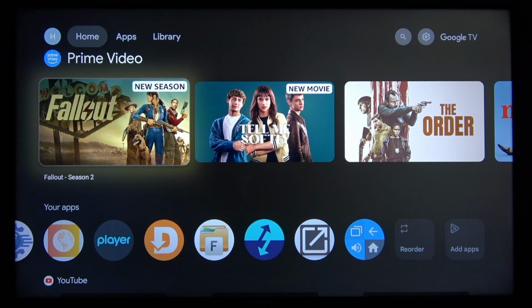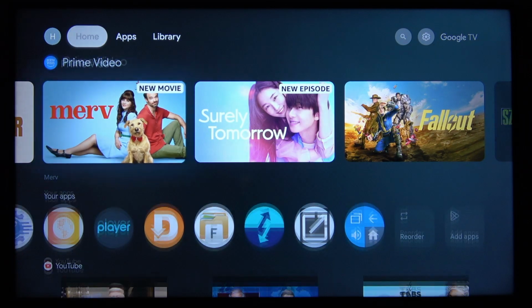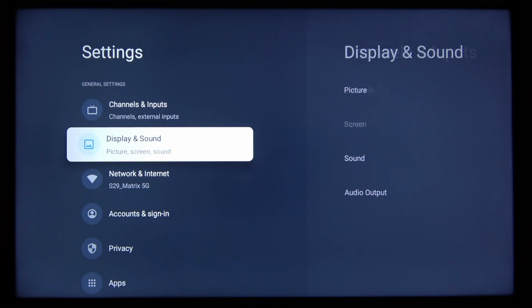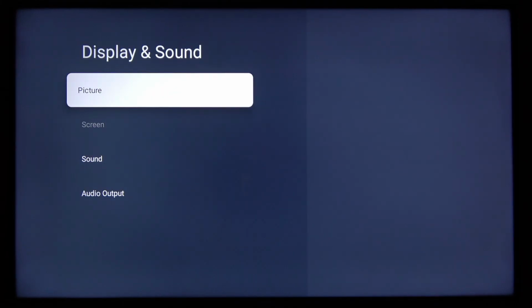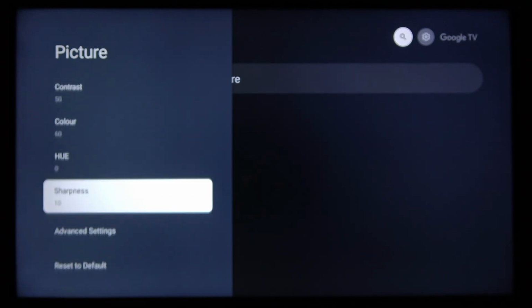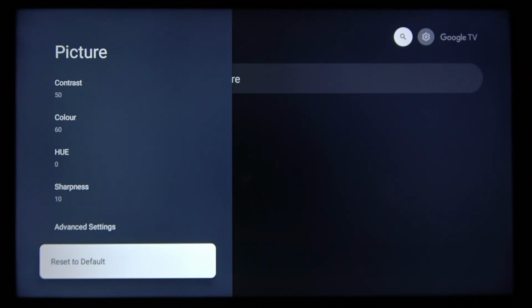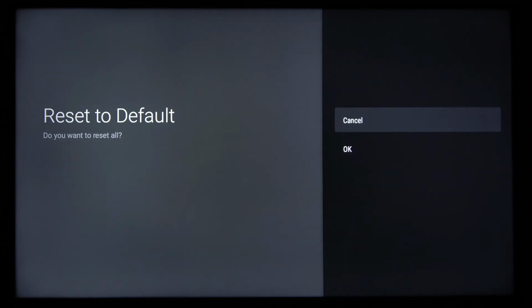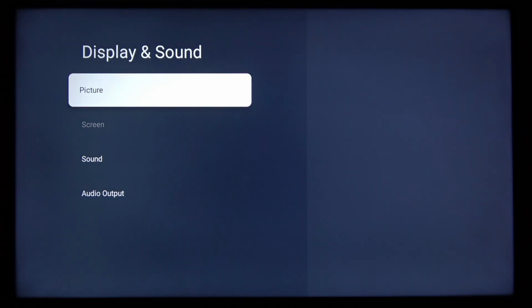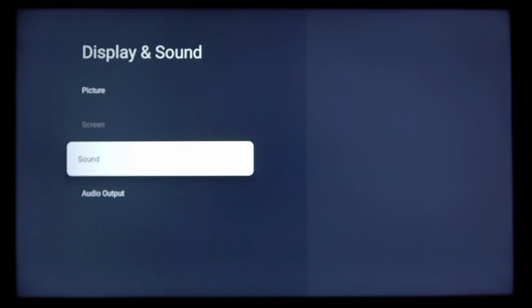To do that, navigate to the settings icon in the top right corner of your screen, open all settings menu, then let's go to display and sound, open picture, and then let's navigate to the very bottom of this list, select reset to default, then select OK, and then let's go back, and then let's do the same for the